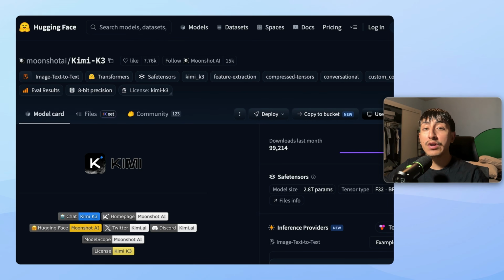Kimi K3's weights went public yesterday, and I'm talking about genuinely open, not gated, to the point where you don't even have to accept a license agreement to see the files. You might be seeing a lot of videos this week telling you that the Frontier model is free, so I actually went and took a look at what it actually takes to run, and this is the part that nobody is saying. But I hope that by the end of this video, you'll know exactly what hardware this needs, why